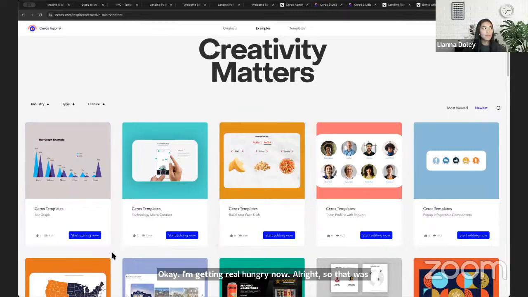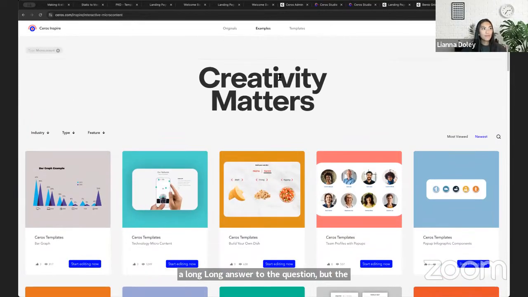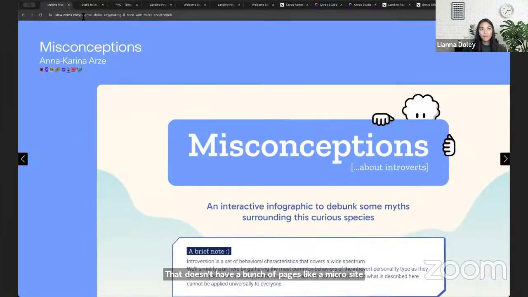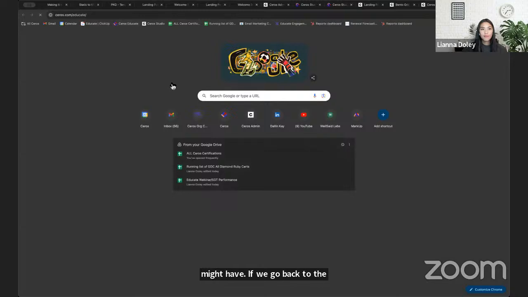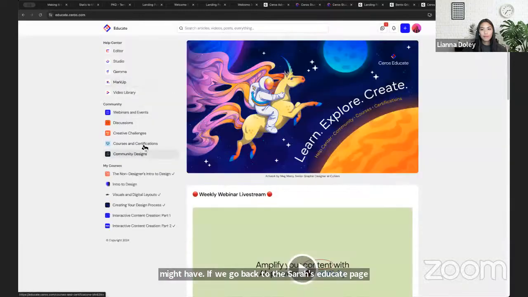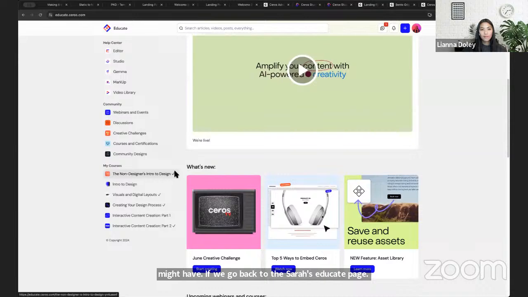answer to the question, but the main difference I would say is a microsite acts as a website. It's just a much smaller version of it. And a micro content has a singular purpose that does a singular thing that doesn't have a bunch of pages like a microsite might have. If we go back to the Saros Educate page,